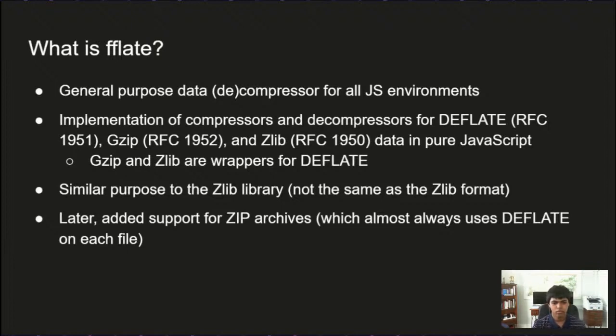So it serves a similar purpose to the zlib library, which is a C library for data compression in these 3 formats. This is not the same as the zlib format. It's hard not to confuse them, because the zlib format is a wrapper for deflate, while the zlib library is a C library for handling zlib data, or gzip or deflate. So kind of confusing, but effectively, fflate serves the same purpose as the C library, and zlib became very popular